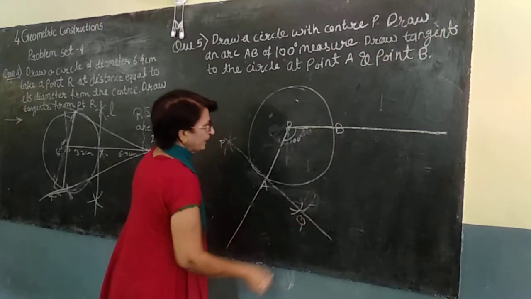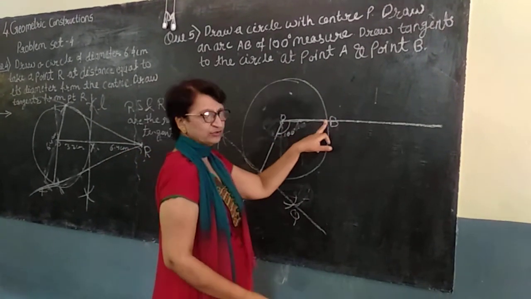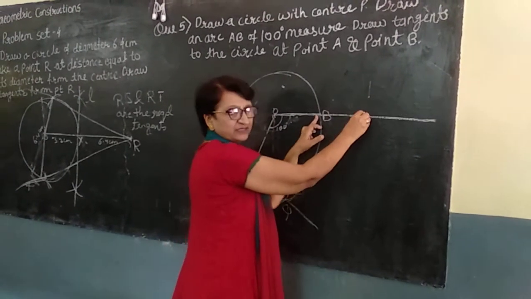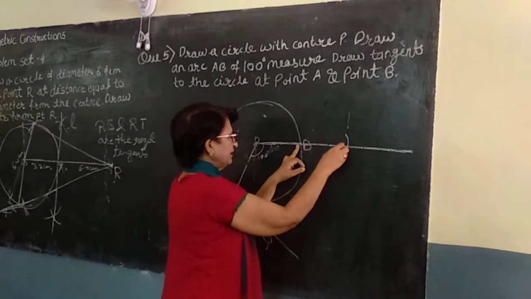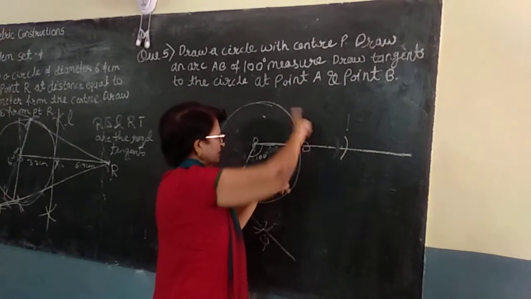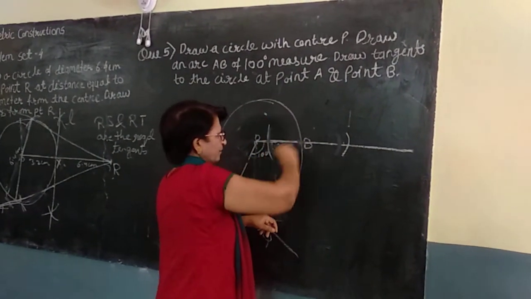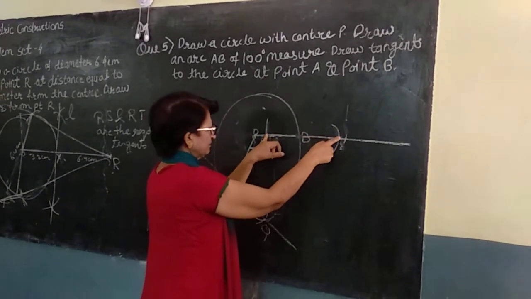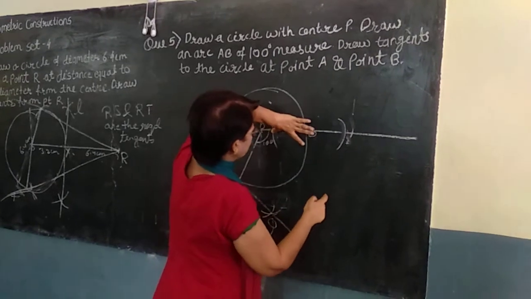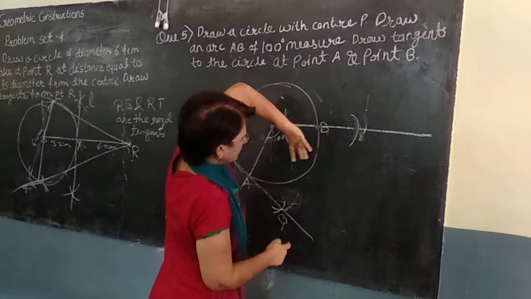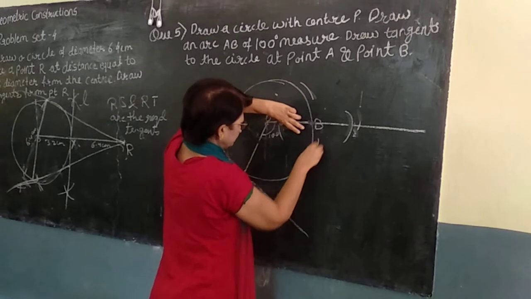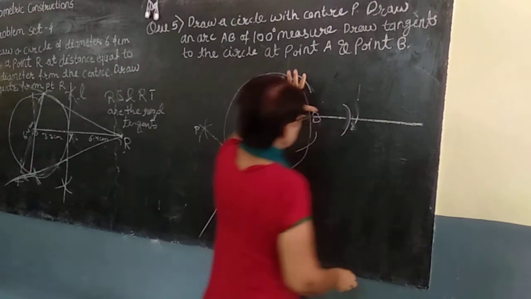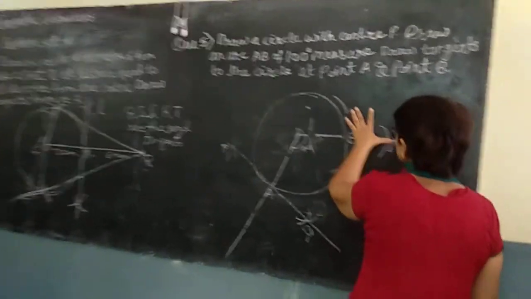Let it be PQ. Similarly out here, put the compass point here. Take a convenient radius, cut an arc here, and with that same radius cut it here also, in the same manner. Then taking more than half of this, somewhere here, cut it here. Again lift that same distance, then place it here and cut the arc.